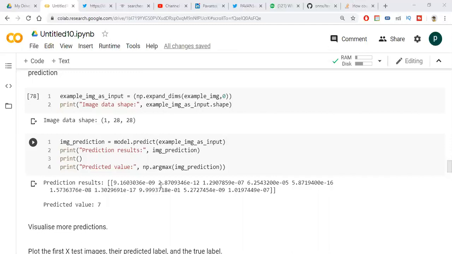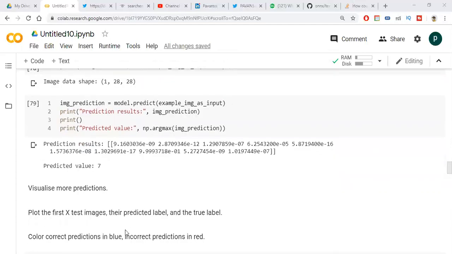These are the prediction results for all the classes, because there are 0 to 9 digits, so it gives all the values. I am taking where the value is highest, so I am using np.argmax of the prediction.